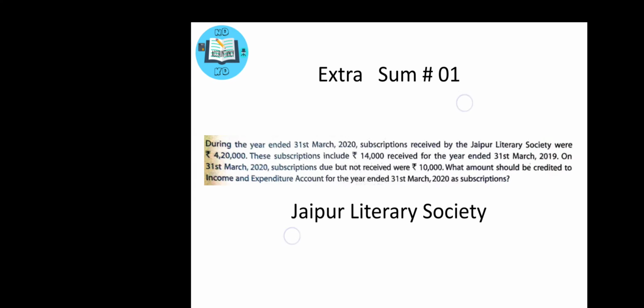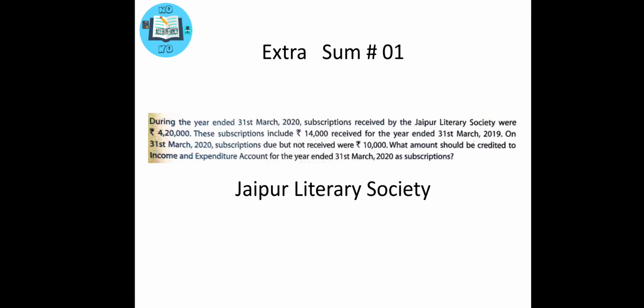In this, they have asked what is to be transferred in income and expenditure. So, first we have to draw income and expenditure only. But I have made you draw the opening balance sheet and closing balance sheet just to make you understand what the other effects of that will be. But first I will highlight in income and expenditure how the effect is to be given. But before starting that, I want to explain the sum. What is given in the sum is you have received a total of rupees 4,20,000 in the year 2020.